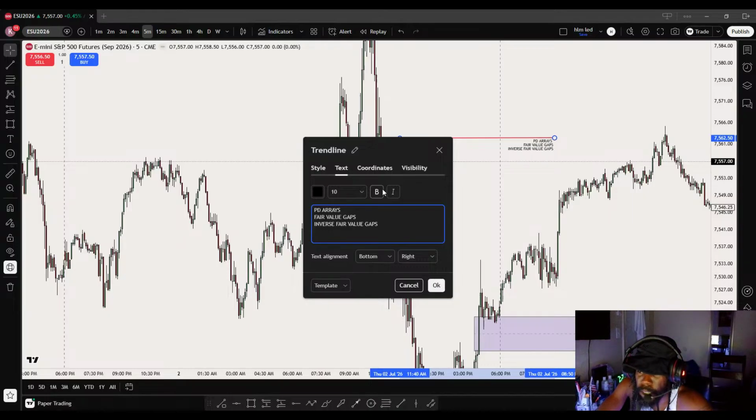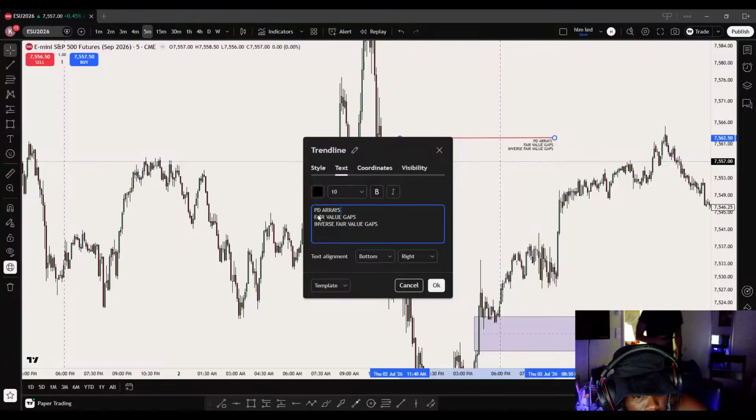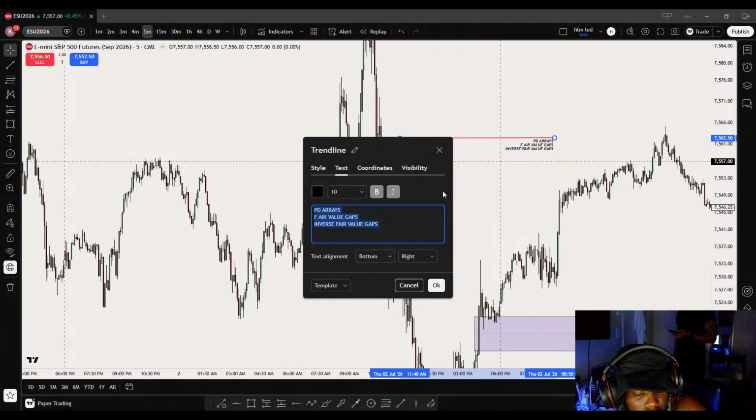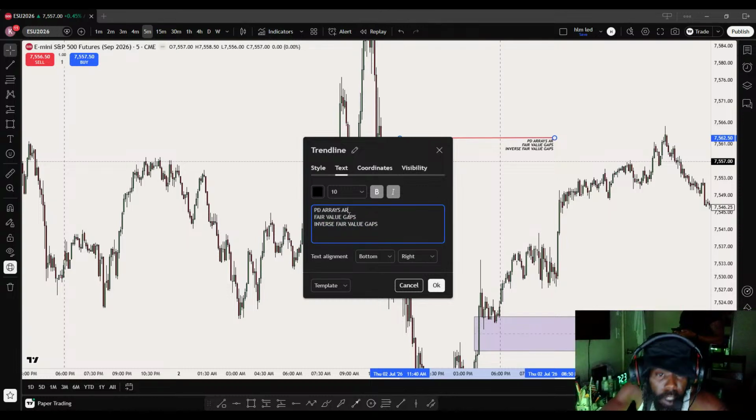I'm just getting set up, y'all. As y'all can see, I'm writing down what the PD arrays are. So your PD arrays are